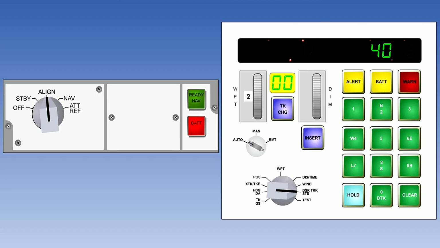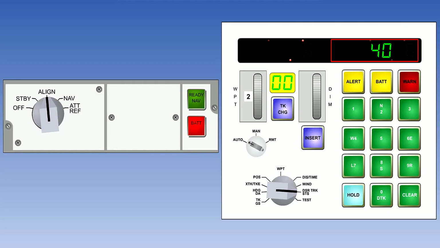In desired track system status, the desired track will not be applicable at this stage because no waypoints will have been selected. But, during alignment, STS gives an indication of time remaining to complete the alignment. The detail of the display varies from manufacturer to manufacturer. In some systems, the display is minutes to go to completion of alignment, and on others, there is a code number that gives an indication of which substage of alignment is currently taking place. In the Litton system, for instance, 40 indicates fine align. This gives an approximate estimate of time to go.